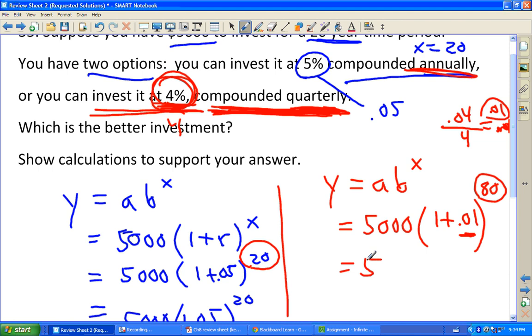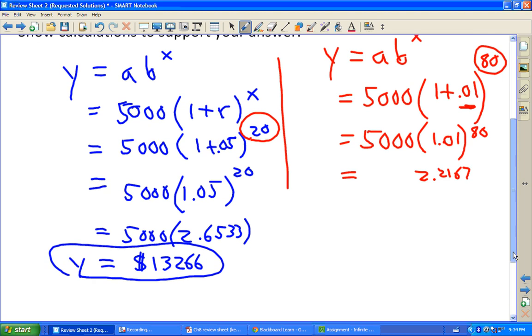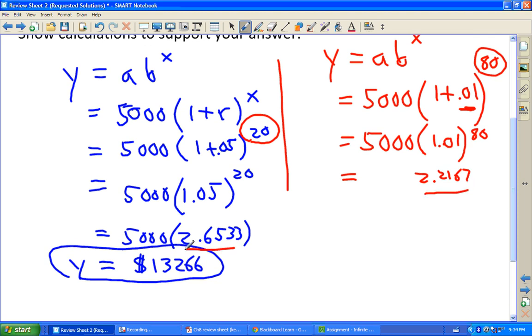So this one is going to grow more slowly at 1.01%, but actually it's going to compound more often because this is to the 80th power. So what happens is we take 1.01 to the 80th power. That gives me 2.2167 if you put that in your calculator. And right off the bat, you can see that number is less than that number. So this is not going to be the best option. But I multiply that number, the 2.2167, and I'm going to find that this is $11,084